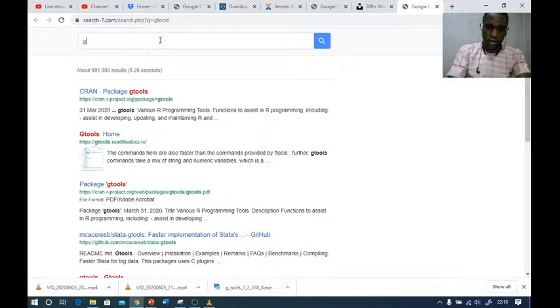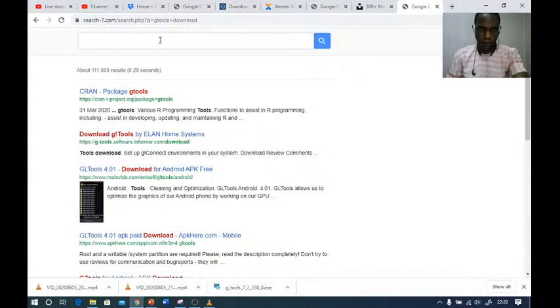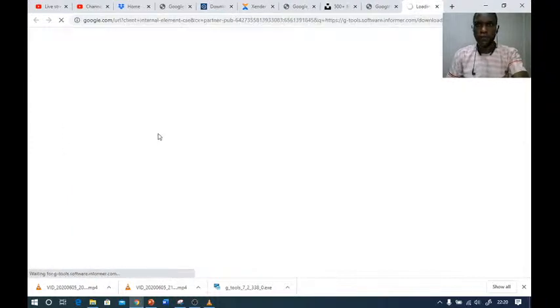Let's say GTools download. So you can see the download GTools. Click on it.